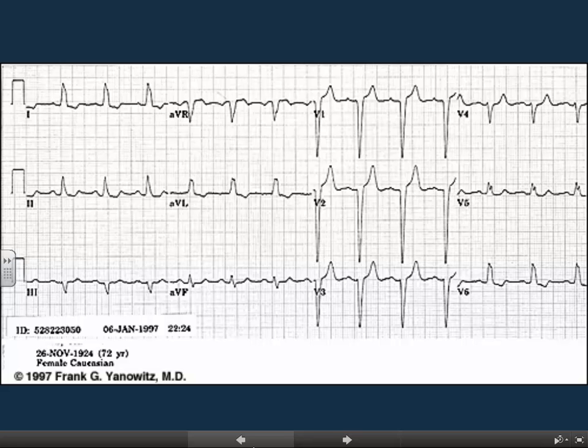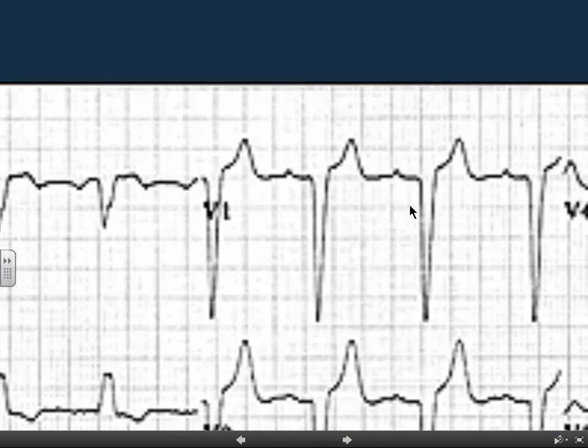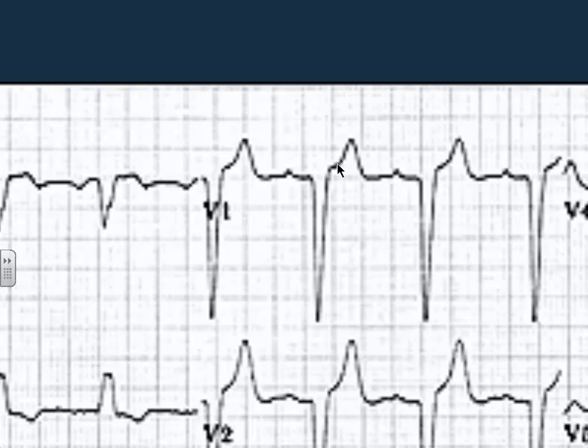This is just a quick way to determine this. There's no big rules into this or anything. It's what I'm just telling you to do. All right, so here's my J point. I'm just looking at the QRS that preceded it. Is it inverted or upright? It's inverted. All right, so it's pointing down. When you hit a turn signal to go left, how do you hit it? You hit it down, right? So if your QRS is pointing down in lead 1, in V1, it's possibly a left-sided bundle branch block,